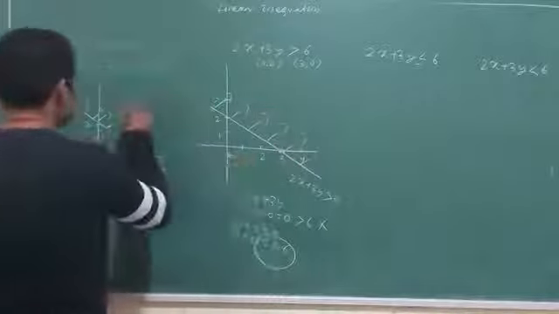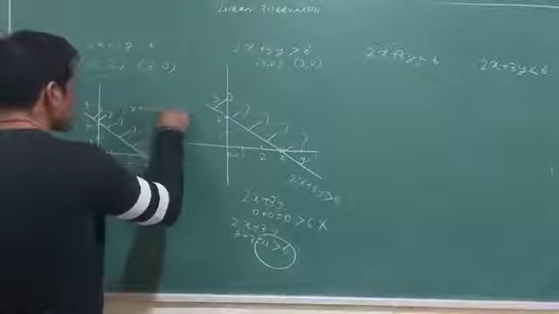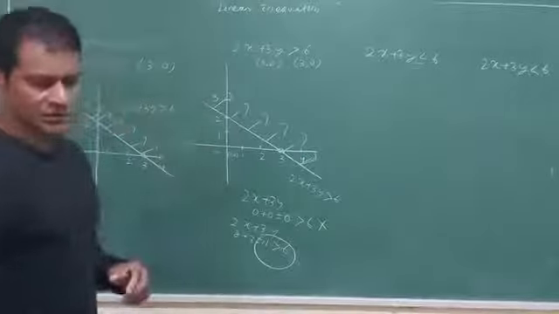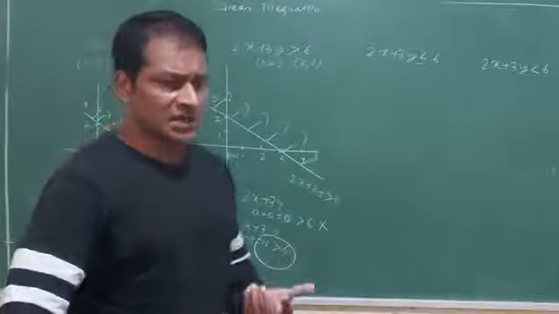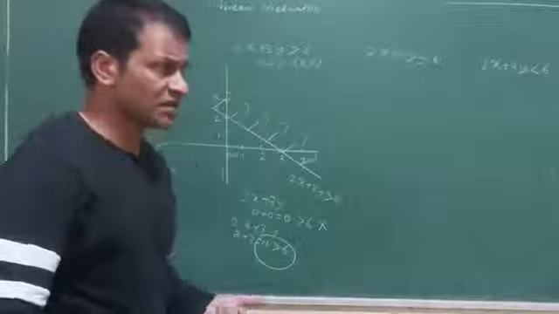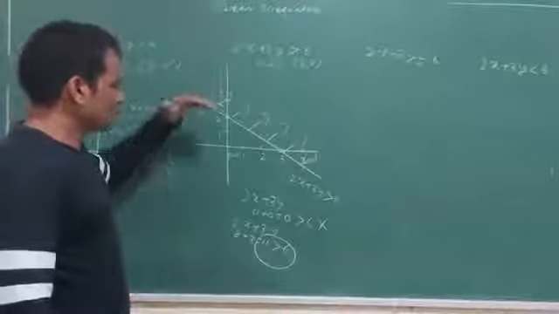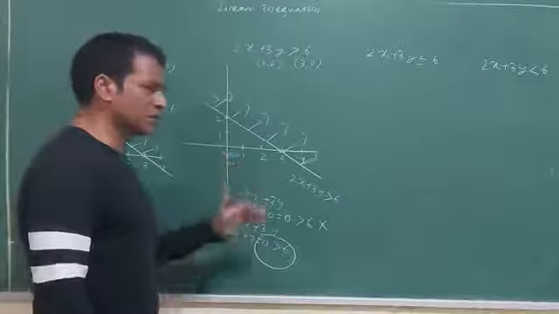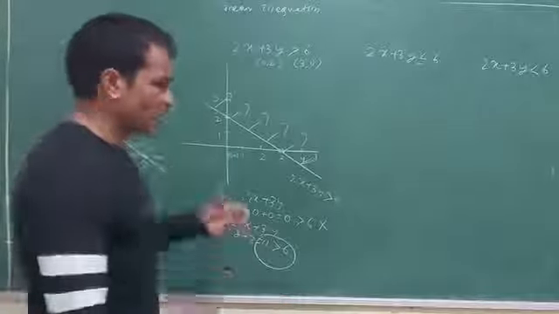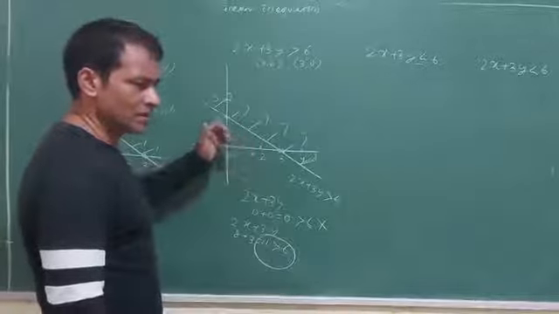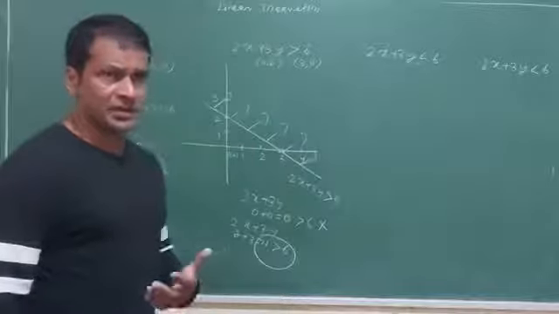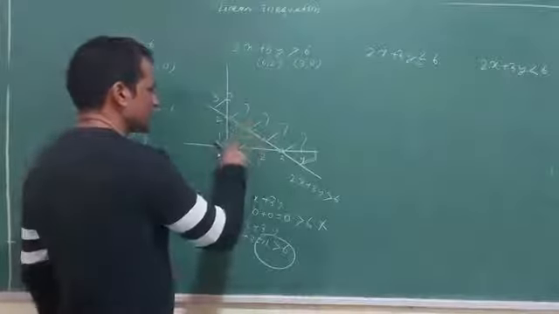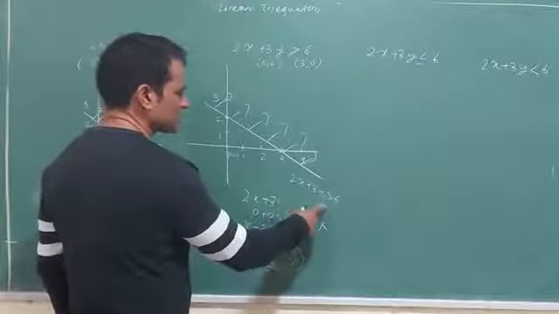If it is 2x plus 3y greater than 6. Imagine that you are staying in a hostel, if you go to an engineering college or some preparation and stay in a hostel. This line belongs to you, and this is your parents. If you have enough money, you are not going to call your parents to ask them for money. But if you do not have money, you need money, then what will you do? You will give a call to your parents. That means your movement will be towards parents. That means your money is 2x plus 3y is less than 6.